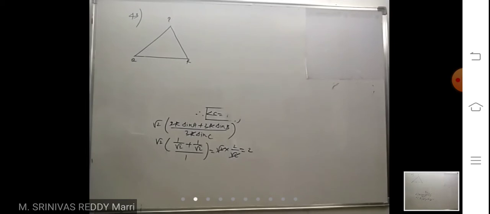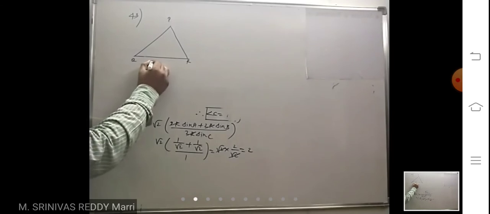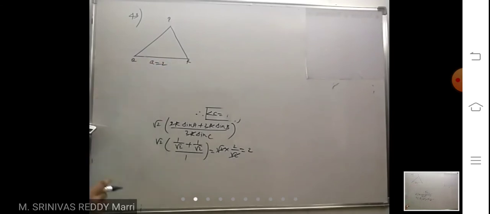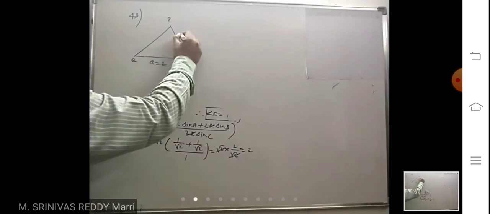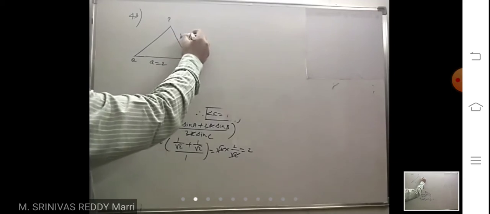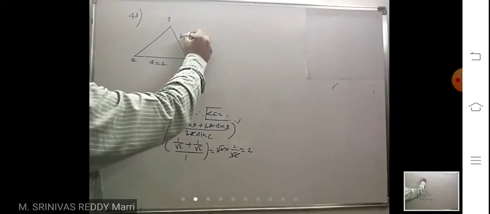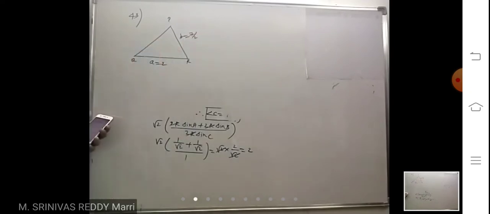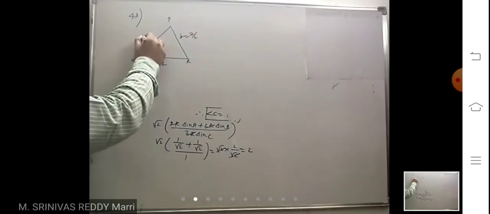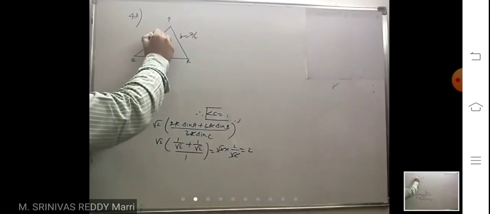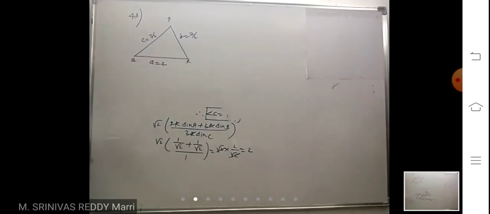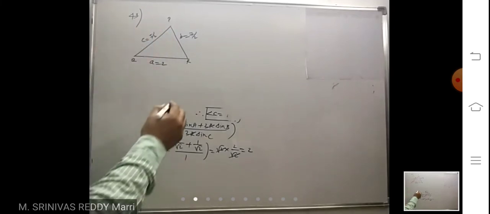So given that A, B, C are the lengths of the sides of the triangle opposite to angle P. That means this is given as A, this length opposite to angle Q. That means PR length is given as B, which is 7 by 2. Opposite to C is given as 5 by 2. This is given. Right? He is asking the value of